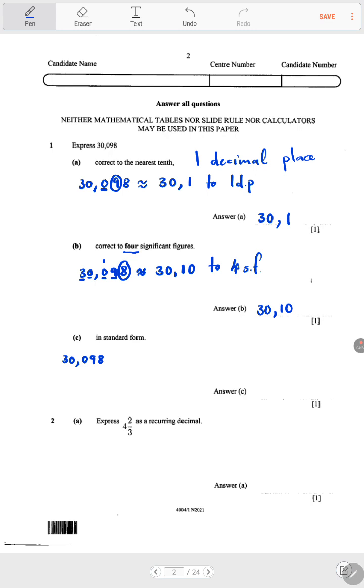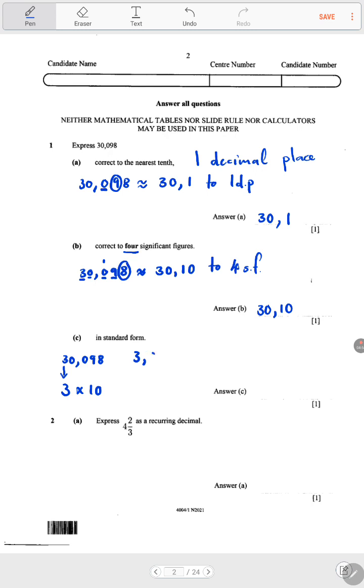So if you look at the place values of 30,098, you're going to realize that this 3 is under tens. So which means we can get this by multiplying 3 by 10. Right? So if we get 30 by multiplying 3 by 10, it means we can change this